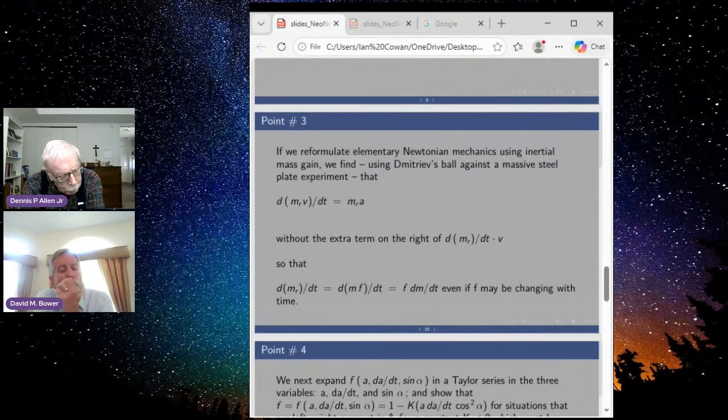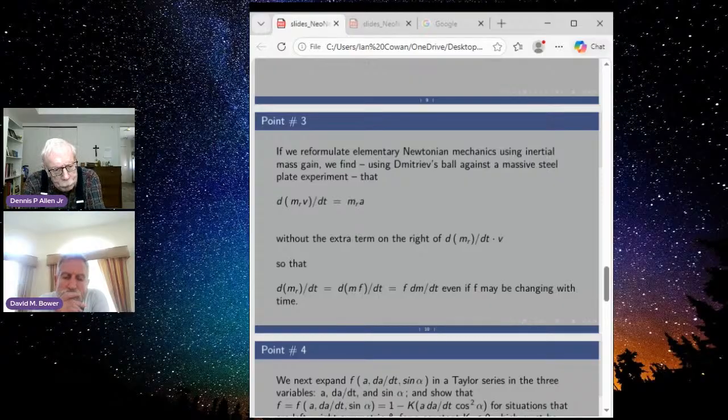However, the second term doesn't come up in anything but the actual inertia, actual rest mass. But if we subtract from the R mass the rest mass, then we get what we call the pseudo mass, which doesn't have the property that when you differentiate it, the time derivative of the pseudo mass vanishes, even though the pseudo mass may be changing in time.